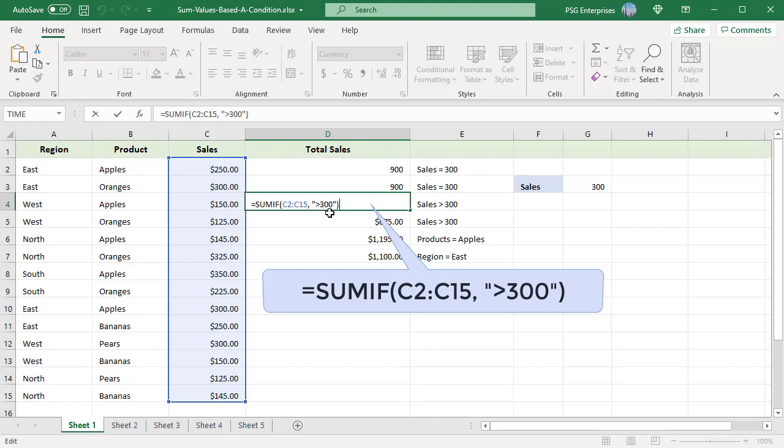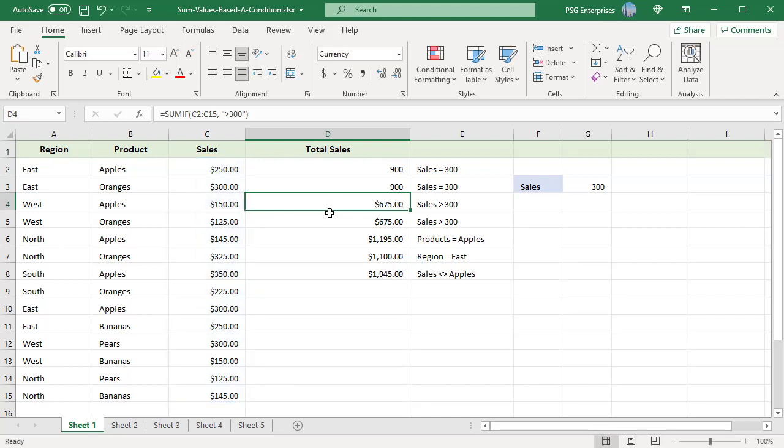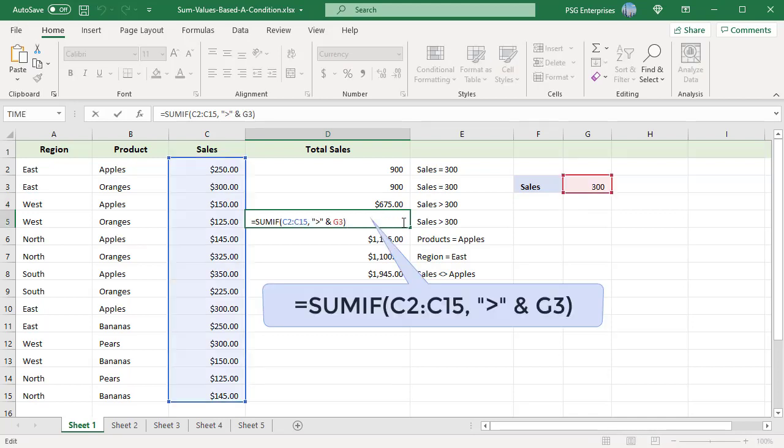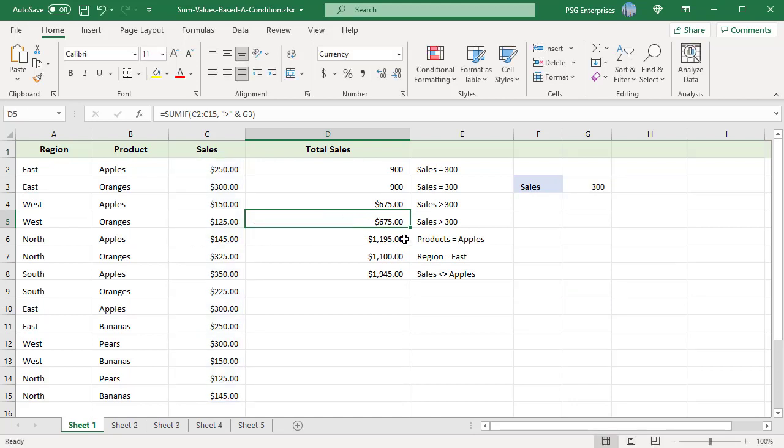A value from another cell can be included in criteria using concatenation. This formula returns the sum of all sales greater than or equal to the value in G3. So far, we have been applying the condition to the same numbers we are summing. By using the third optional argument, we can sum a range of numbers but apply our conditions to a different